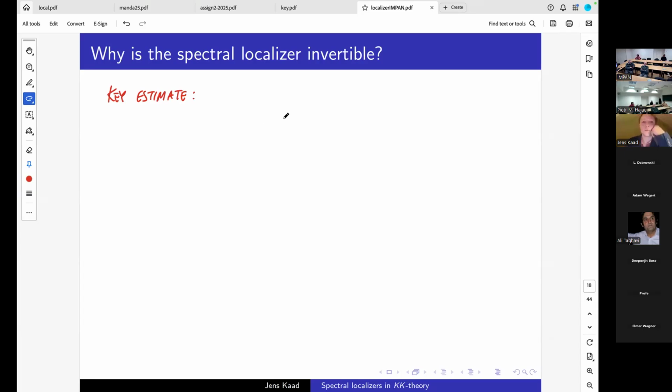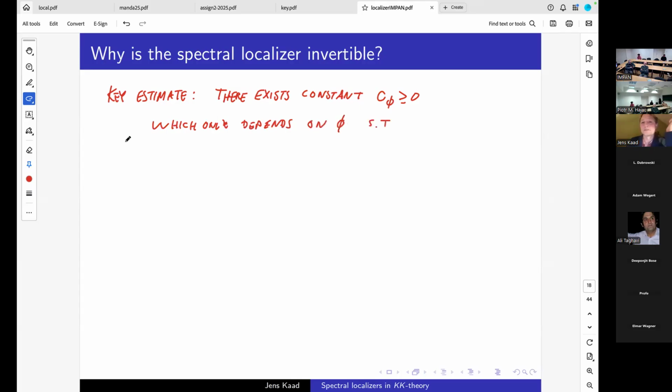What you can verify is that you can find a constant C phi, which only depends on phi, on your localizing function,